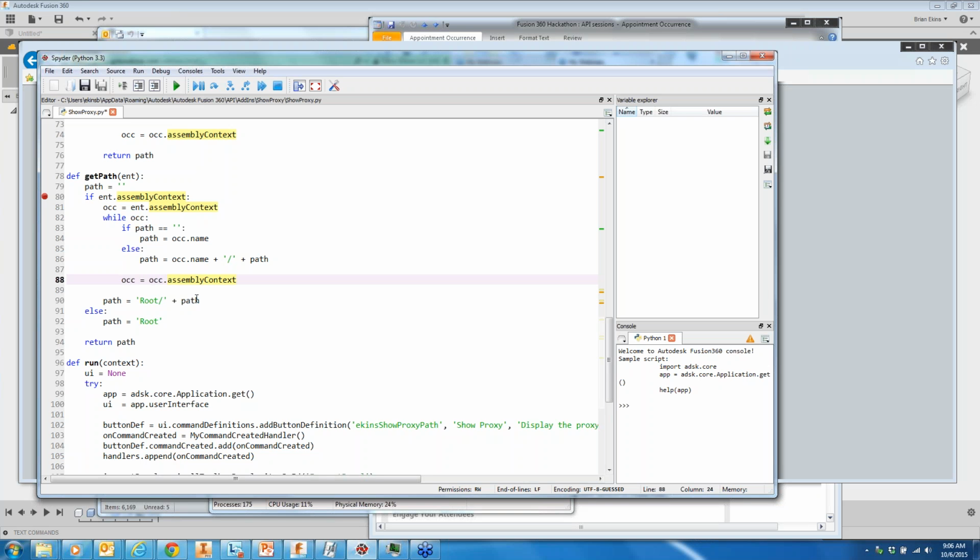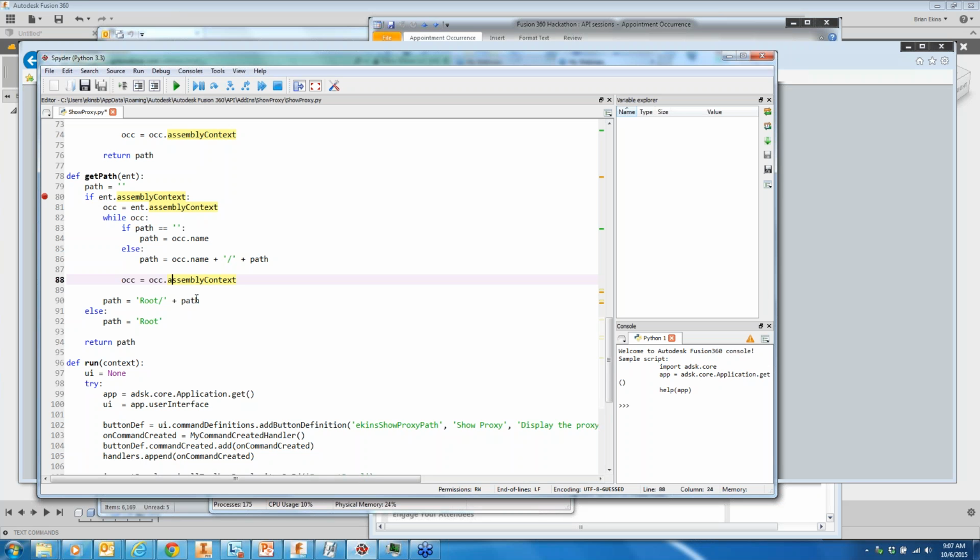So we start at the bottom with the face, we get the lowest level occurrence that face exists in, and then from that occurrence we can get the occurrence it belongs in, and then from it we could get the occurrence it belongs in, and so we can step back up until we get to root, and that builds up that full path. And so everything, including occurrences, are proxies unless they exist at root,